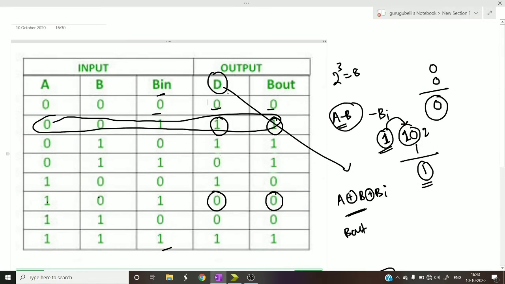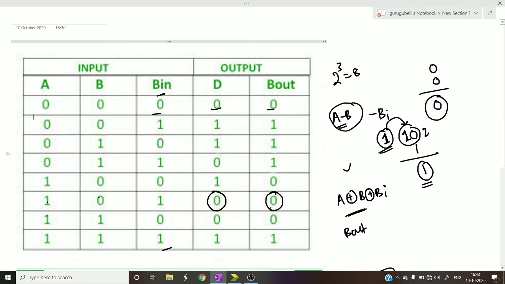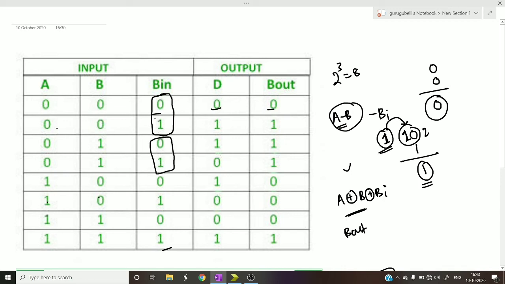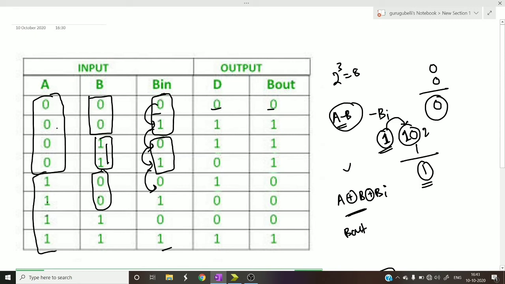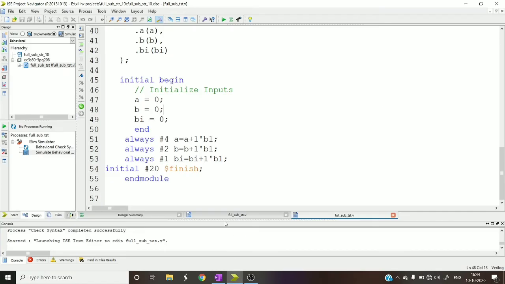So let me erase these things. Okay, now let me tell you one thing. If you look here, for B in, alternately there is a switching from 0 to 1. See, 0 to 1, again 1 to 0, so 0 to 1, 1 to 0, like that. Whereas if you observe B, for every 2 steps it is changing from 0 to 1 and remaining at 1, again changing to 0, like that. If you observe A, again it is changing every 4 steps. Okay, this will continue. So that ideology I used to write the test bench in a simple manner.